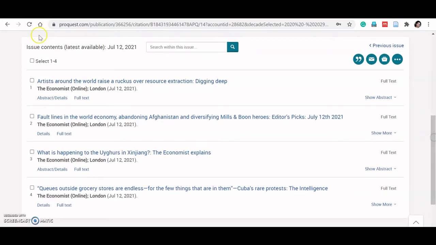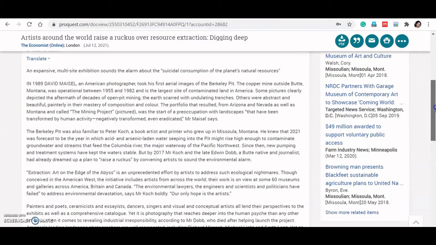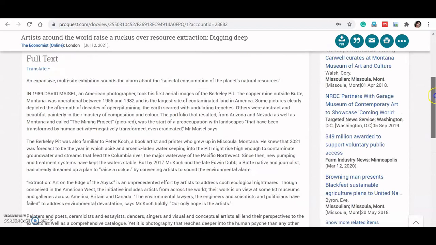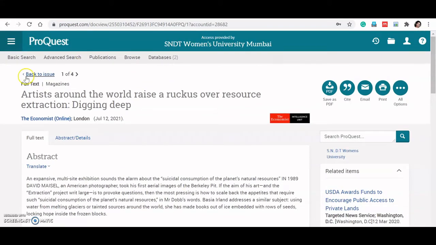This is what they have given about newspapers. There are only 4 items of 12th July, The Economist. One of the 4 items I have clicked, and you can see the articles which have been published.